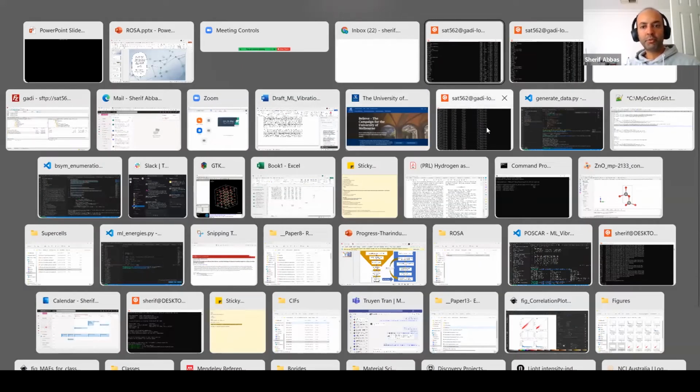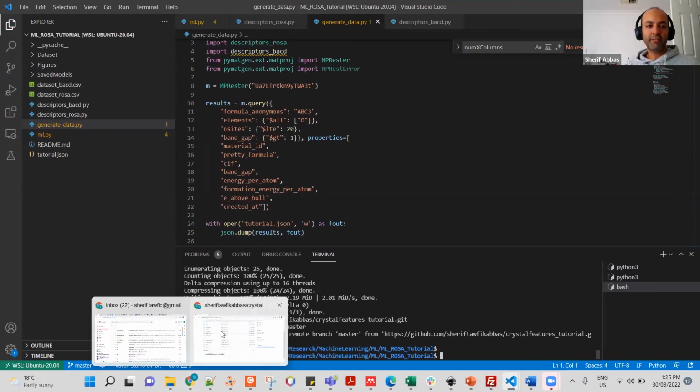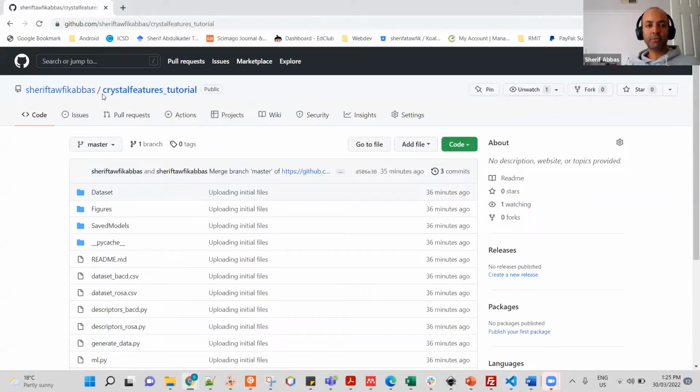Now I would like to show you an example of how to actually use ROSA. In order to do that, I have created a repository just to practice using ROSA. This tutorial has Python code as well as the outputs for using ROSA, as well as some other features, in order to learn and predict the band gap of a small number of perovskites. This data set is quite small, like 700. We don't expect a lot of accuracy here, but it's just to master the art of using the ROSA code as well as that other feature code in order to build a data set, train a very basic machine learning model, and